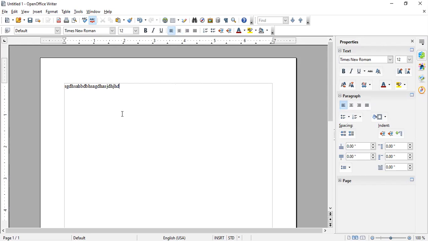Clear, children? Understood how to change the alignments? Next. Now, what are we going to know? We are going to know about the bullet list and number list. Clear? So now let us check it. So see, first, let me write some text. Animals, birds, vegetables. Okay, these are the items I am giving in the list.